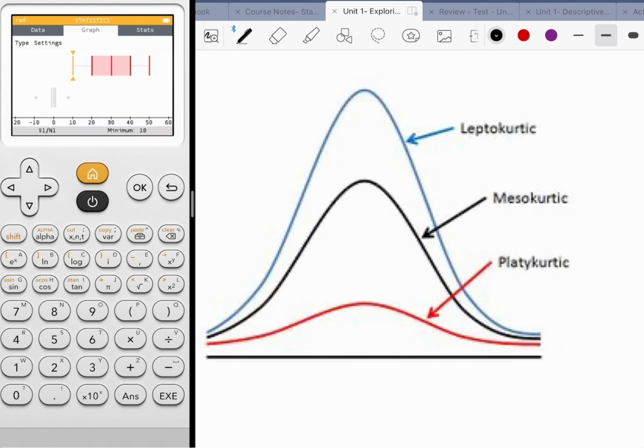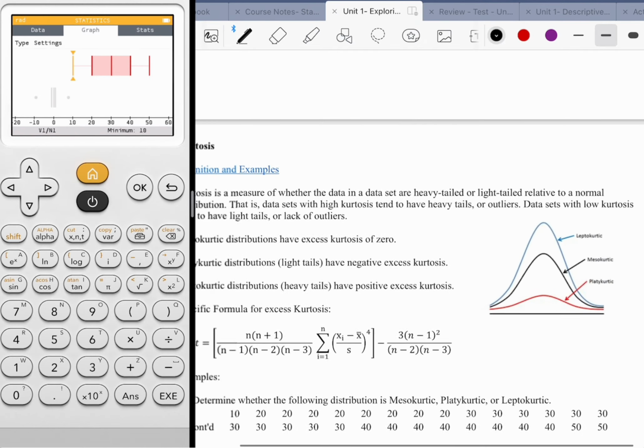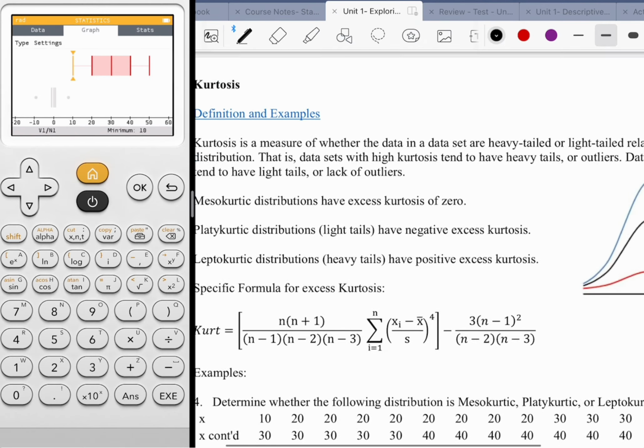Also, they pronounce it mesokurtic too. I like to go "miso" because it sounds like a delicious bowl of miso soup. So